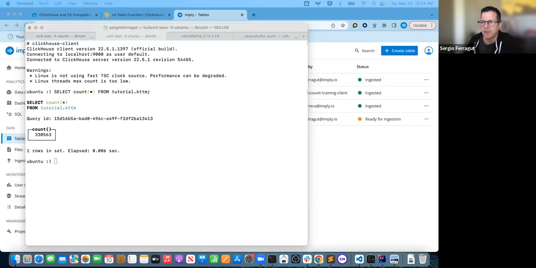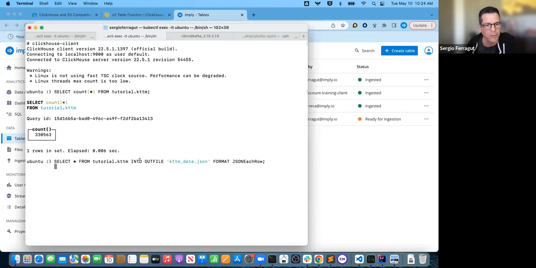ClickHouse provides the ability to export essentially any query. So this is a simple example of that, where we are just taking the whole table. So we're selecting star from the table, putting it into an output file, and this is the important part, we're asking that the format be JSON each row.